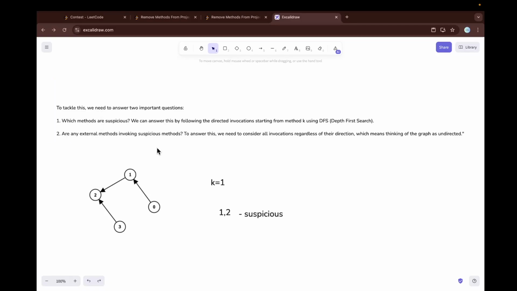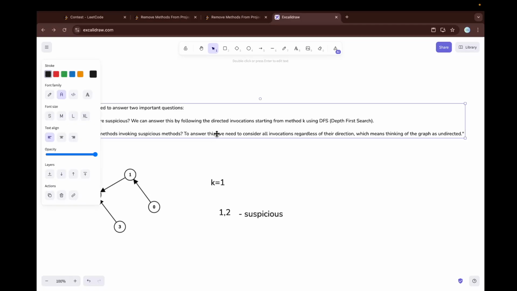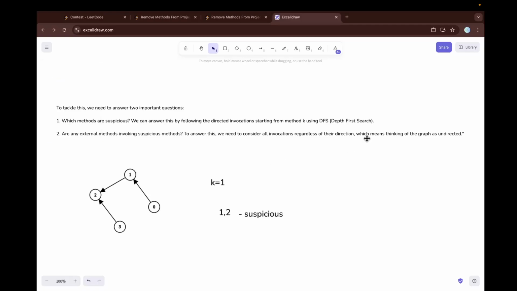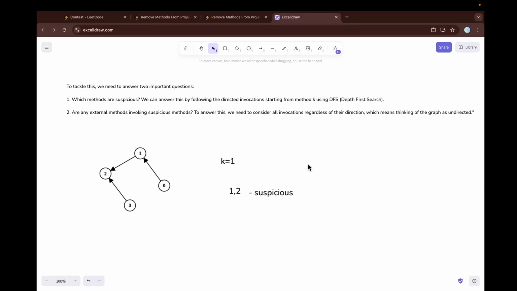But our second question is, are any external methods invoking a suspicious method? As we can see here, 3 is invoking 2 and 0 is invoking 1. To answer this, we need to consider all invocations regardless of their direction, which means thinking of the graph as undirected. As we can see in the example, we can easily find that 2 is suspicious using DFS